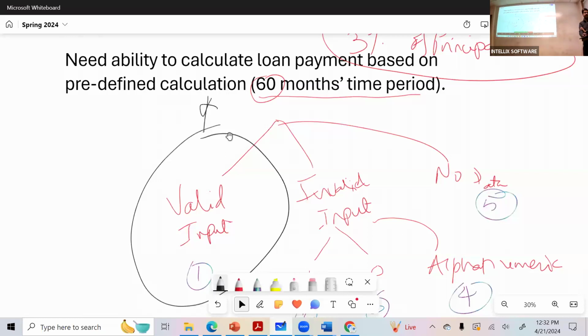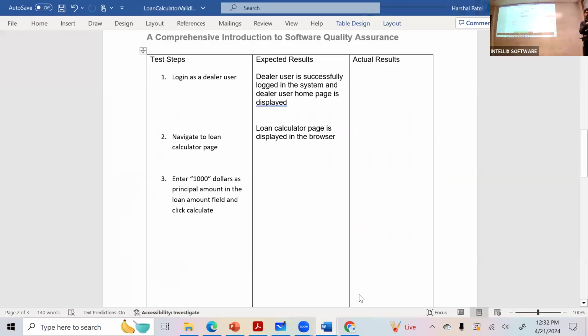What should be the result? The 3% of... Okay, so what should be the result? What should I expect? The output. But what is the output?